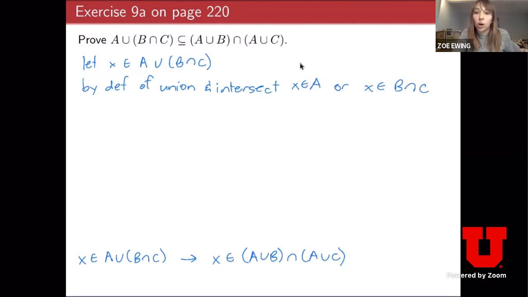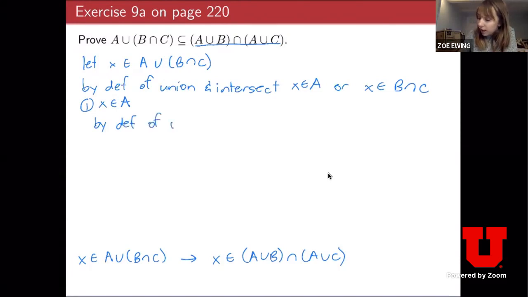So when we see this or, what does that mean? What's our next step? You do two cases then? So our first case, let's let X be in A. And remember that we're trying to prove that X is in this right-hand set. So we notice that A is unioned, I'm not sure the verb for that, it's joined with B and C, and by definition of union,